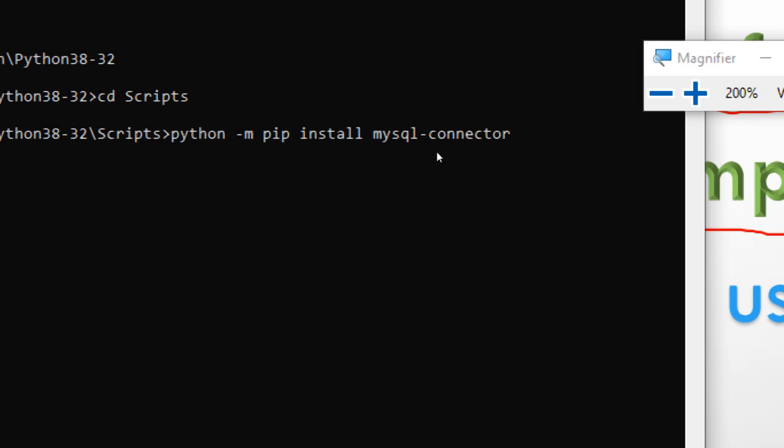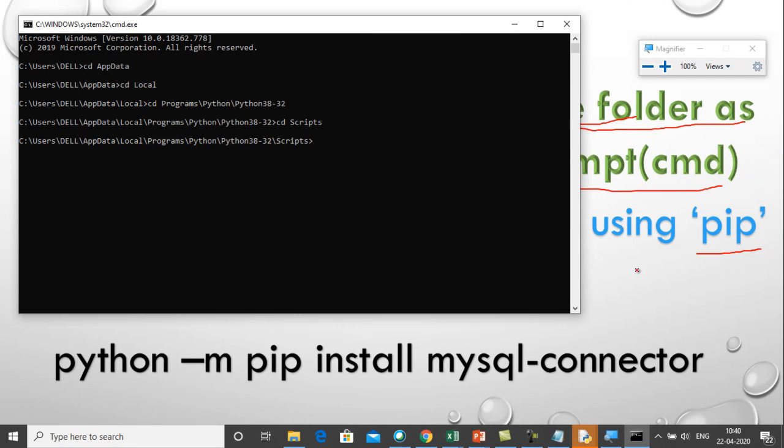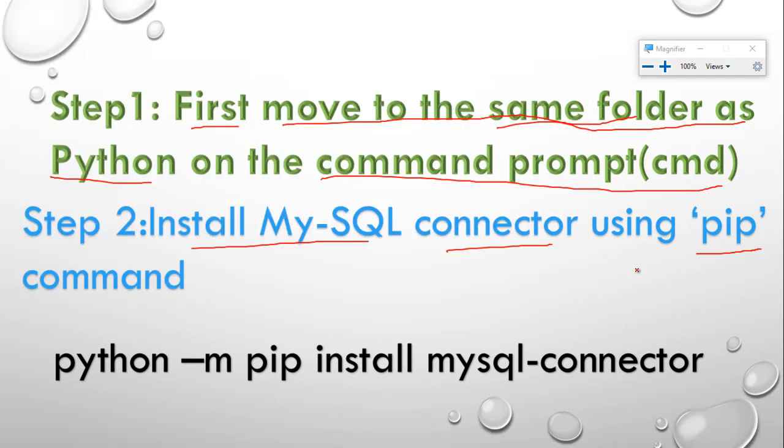And I told you earlier that whenever you want to run this pip command, the internet must be on at that time. If the internet is not on, then this pip command will not execute. Actually in my system this MySQL connector is already installed, so I will not run this command, but you have to execute it. After writing this command, you just press enter. This way you will install the MySQL connector.